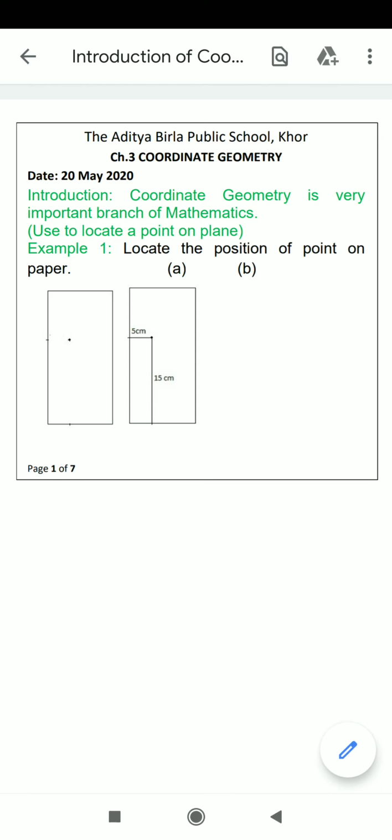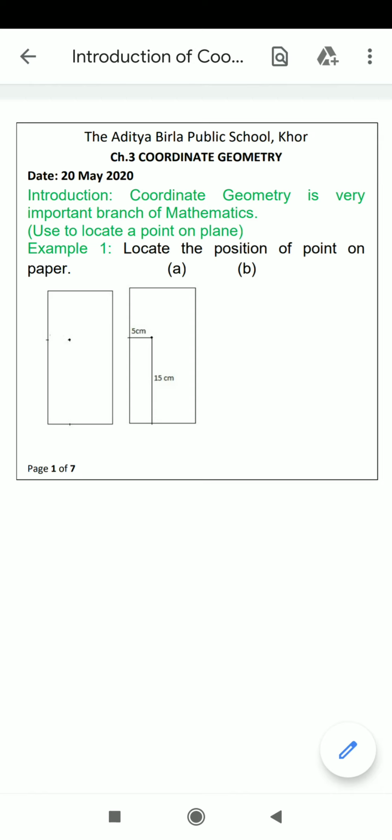Coordinate geometry is a very important branch of mathematics. It is not new for you, maybe the name is new for you. It is used to locate a point on the plane or the graph paper. In the graph paper we have shown different points at different places, or you have plotted the graph, etc. So the first example,